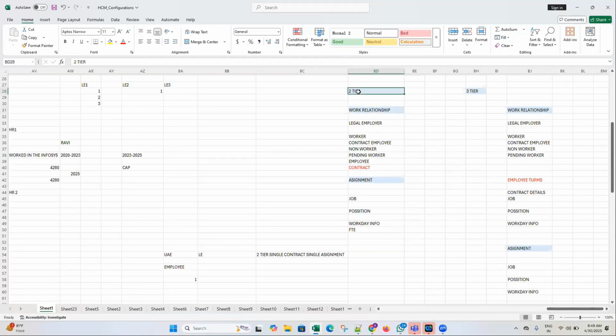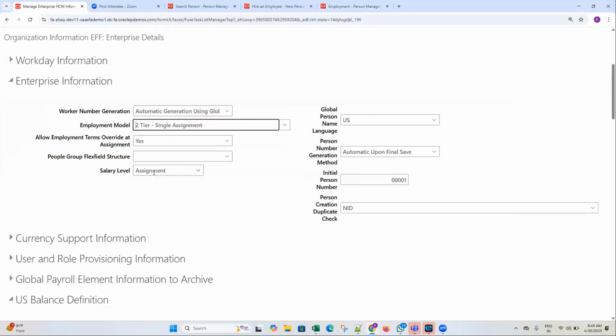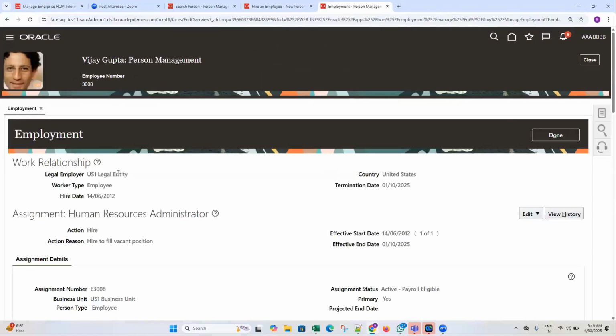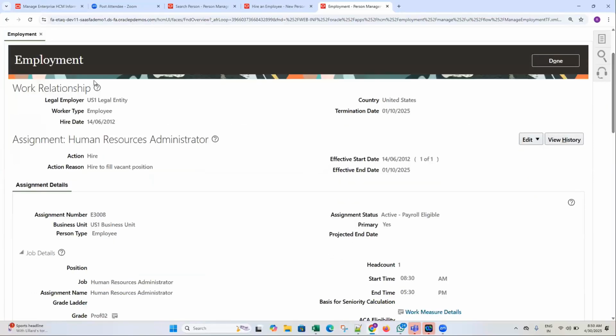In two-tier, just listen carefully, if I am choosing two-tier, whenever you are hiring an employee, the record will be created in this way: work relationship and assignment details. In the work relationship, the information is the legal employer, under which legal employer that candidate is working, and with which relationship he is working. And what is the assignment details, sir? Means